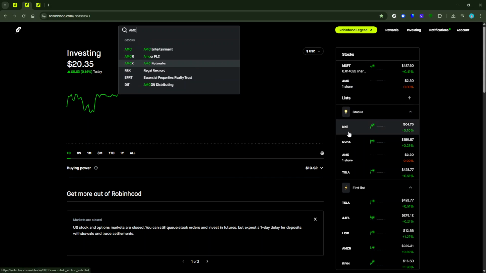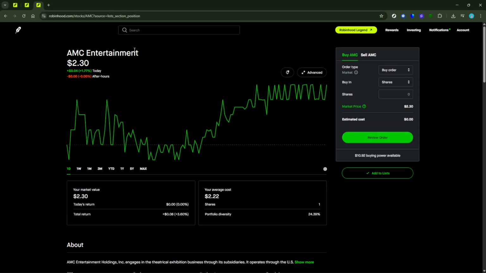Let's take a closer look at the chart. In addition to the regular trading session, Robinhood offers the ability to trade during extended hours. If extended hours trading is available for your chosen stock or crypto, you'll notice that the price chart displays two different shades of color. The regular session, which occurs from 9:30 in the morning to 4 o'clock in the afternoon Eastern Time, will have one shading, while any trades that occur before or after those hours will appear in a